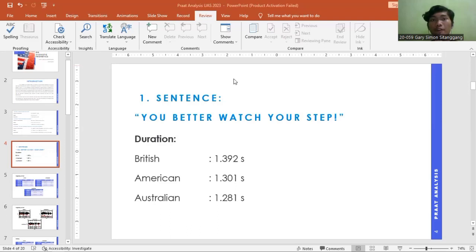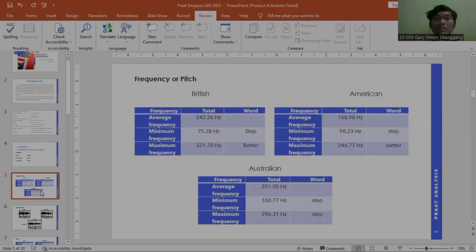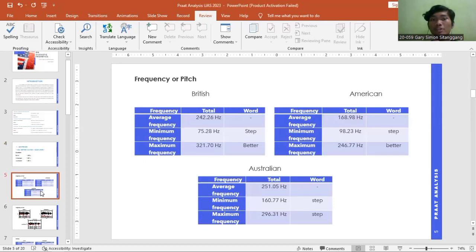So here is the first sentence, which is "You better watch your step." So after analyzing it using Praat software, I found that the duration of the British accent is 1.392 seconds, the American accent is 1.3 seconds, and the Australian is 1.281 seconds. And the frequency or pitch of the sentences, for the British accent, I found that the average frequency